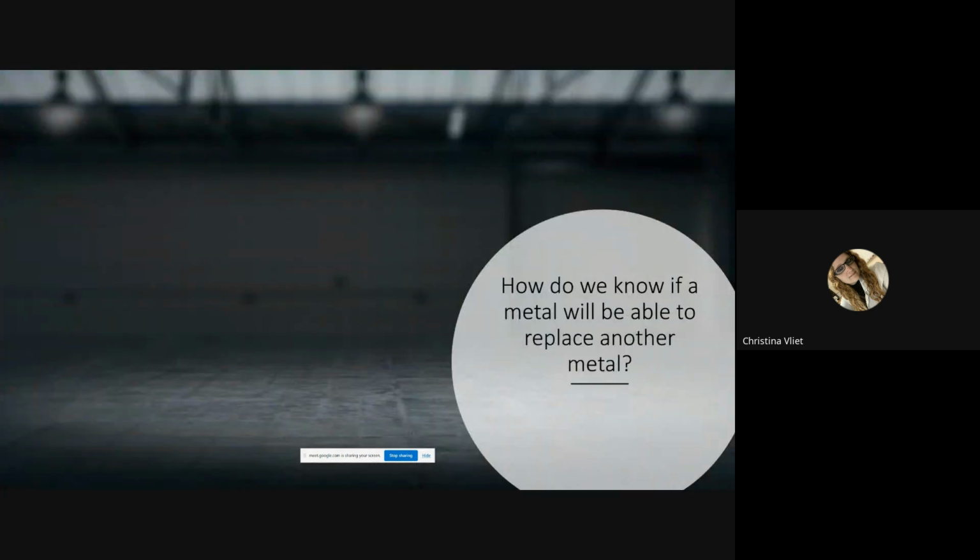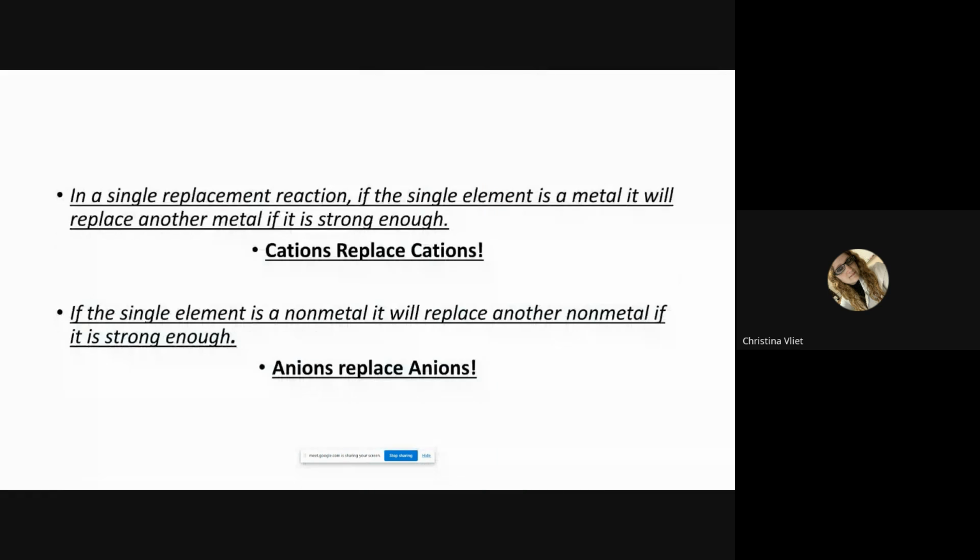So how do we know, and we're first going to go here, how do we know what's going to happen if we have the first type or the second type? And so I'm going to go ahead and write the first type here. In a single replacement reaction, if the element that's by itself is a metal, if it's strong enough, then the metal that's in the compound, it'll kick it out. So that's this type. If A is a metal,